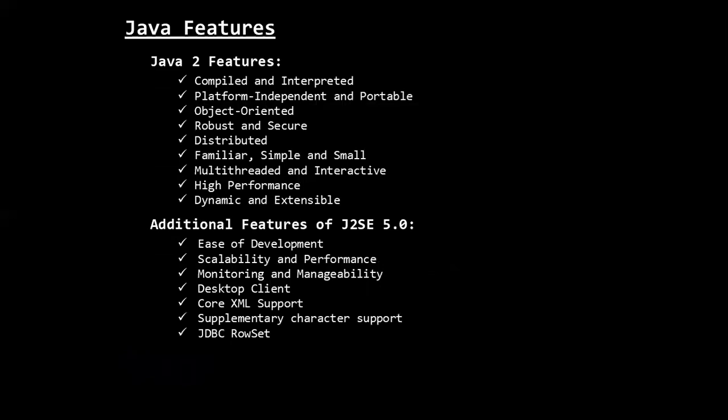Java features. Java has these features: compiled and interpreted, platform-independent and portable, object-oriented, robust and secure, distributed, familiar, simple and small, multi-threaded and interactive, high performance, dynamic and extensible, ease of development, scalability and performance, monitoring and manageability, desktop client, core XML support, supplementary character support, and JDBC RowSet.